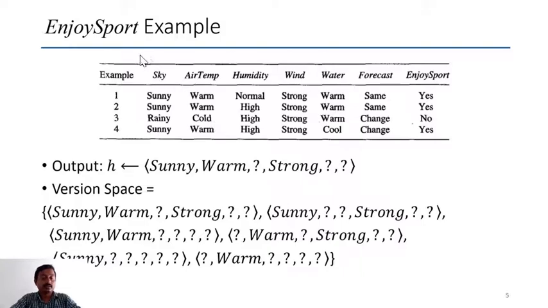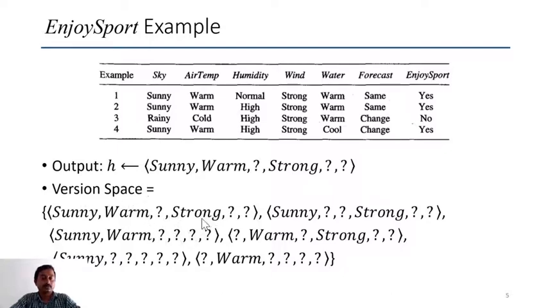So we'll see the same example that we have discussed in the last two classes, that is the enjoy sport example. These are the training examples given to us. Three are positive and one is a negative example. This is the hypothesis written by the find-s algorithm. So what is the version space for this problem? Version space means the set of all the hypotheses which are consistent with the training examples. For this problem, these 6 hypotheses are consistent. So the collection of these 6 hypotheses will form a version space.